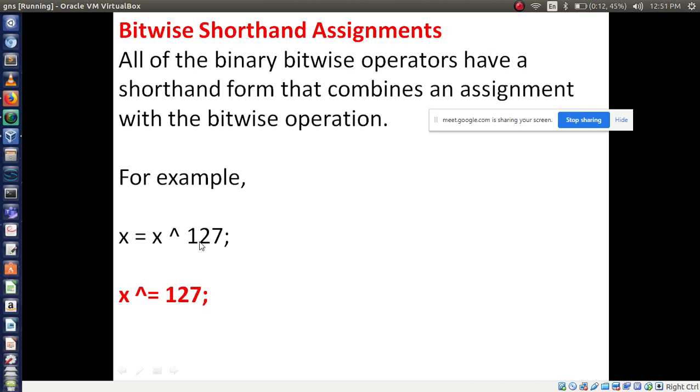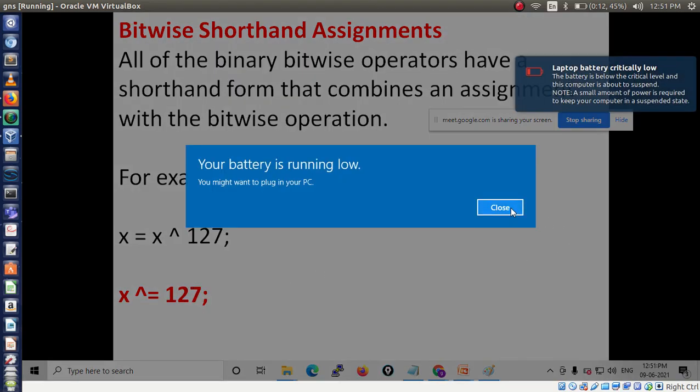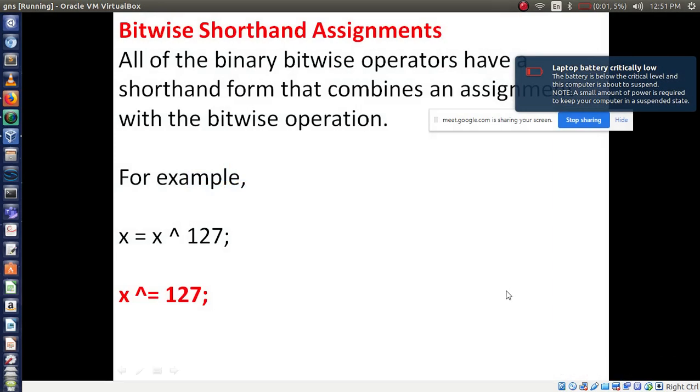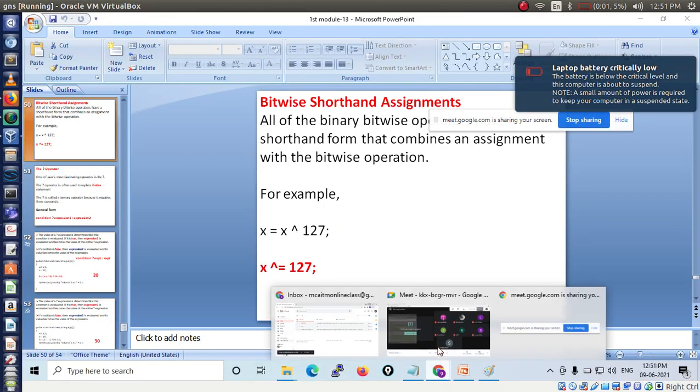If we use bitwise shorthand assignment, then we have to use... one minute, my battery is here, no power supply, so